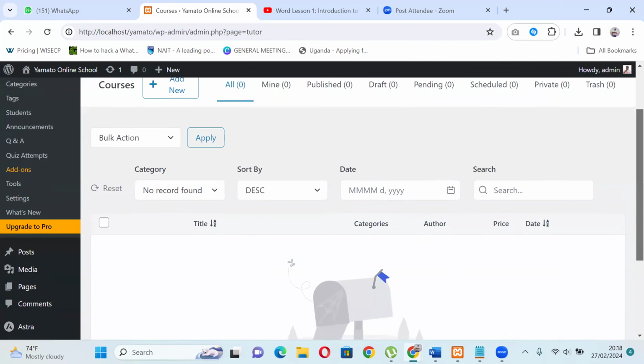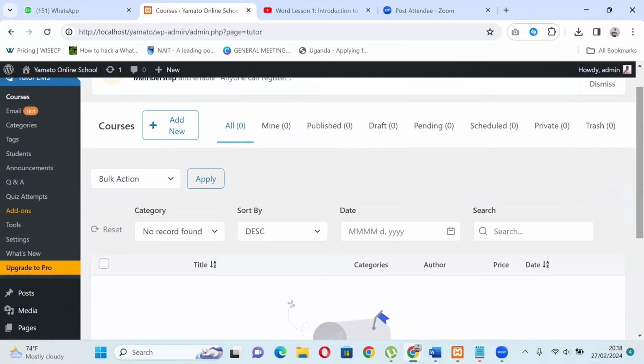What else? You can add other plugins like Contact Form 7, that is if you want to create forms for people to contact you. But now, what I want to concentrate on is the e-learning part of this website. However,